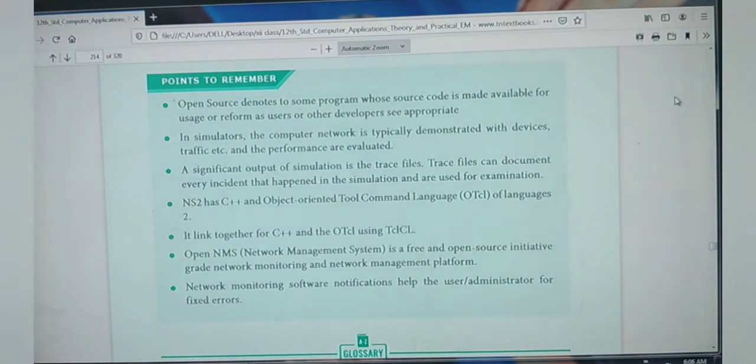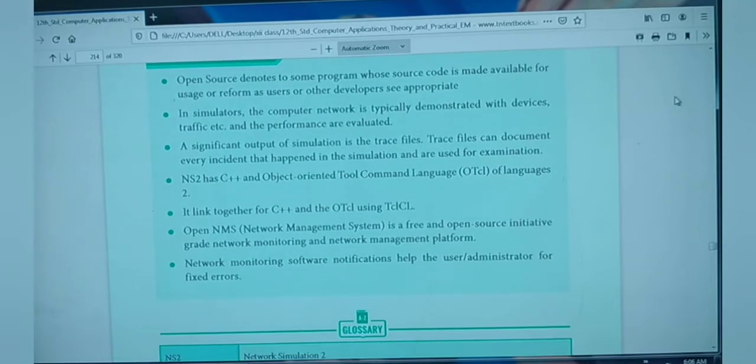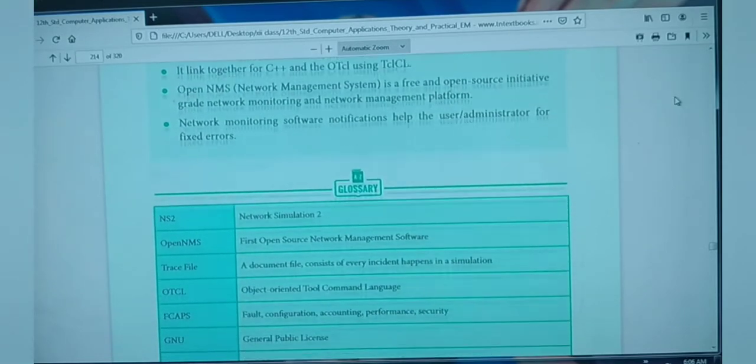The next one is a simple introduction related to OpenNMS: mainly it is a grade network monitoring and network management platform. Network monitoring software notifications help the user or administrator fix errors. So notifications will be given and the network administrator can fix the errors.